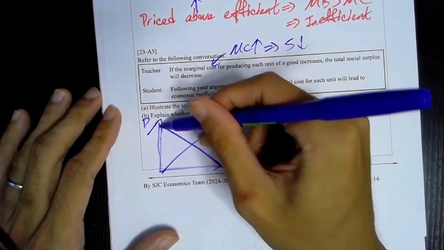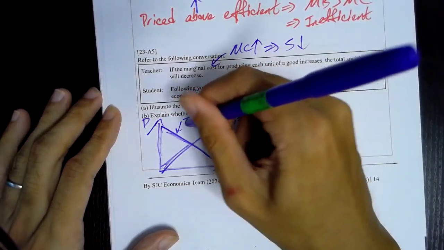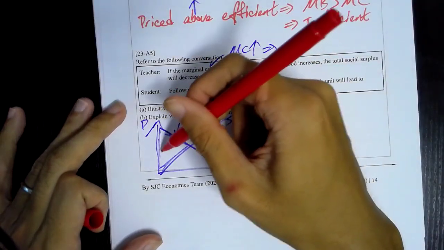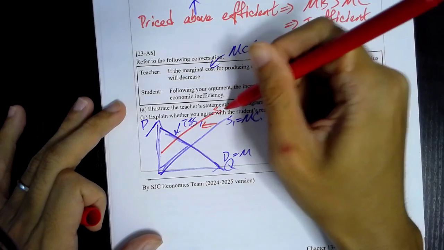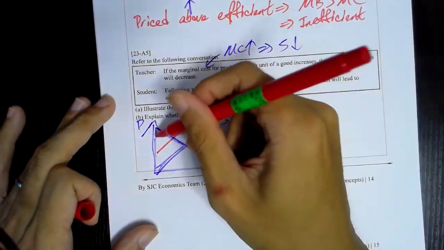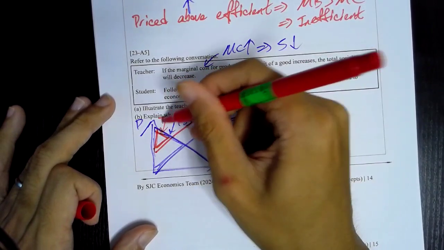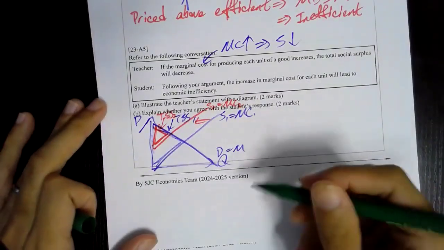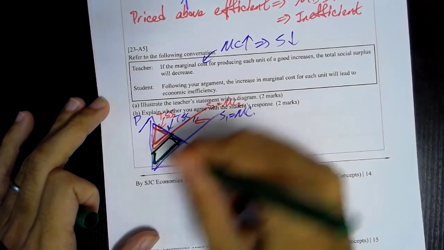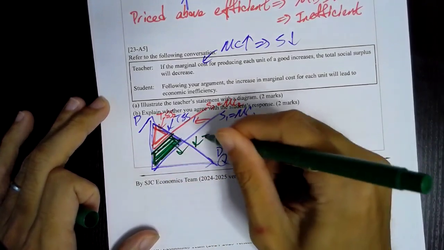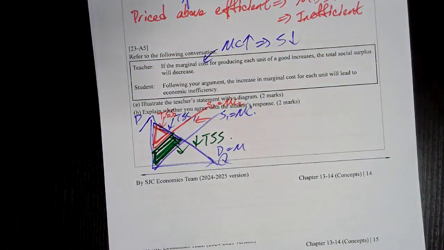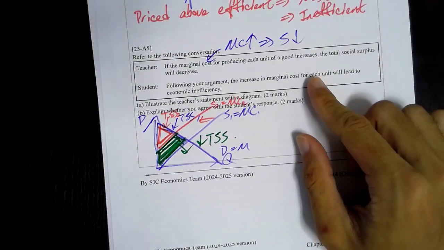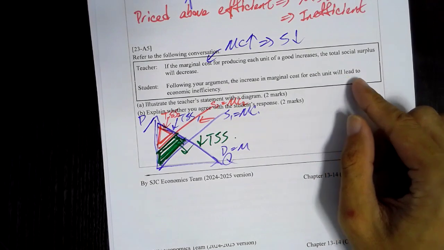Now, original total social surplus will be here, TSS1. Now, because of a decrease in supply equals to MC2. Do you see what happens? The new total social surplus will be here. So, how will total social surplus decrease? This one. This is the decrease in total social surplus. Okay, very easy. Following your argument, the increase in marginal cost for each unit will lead to